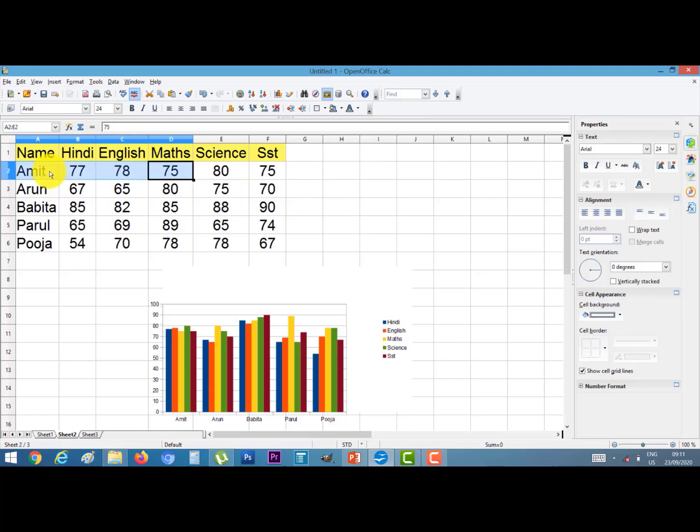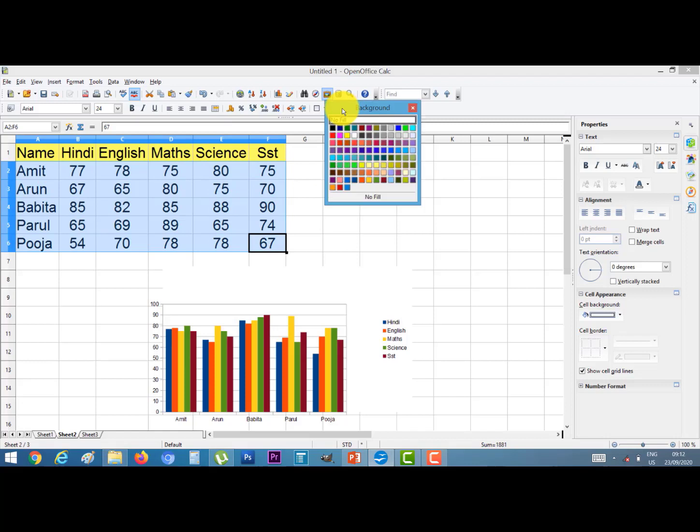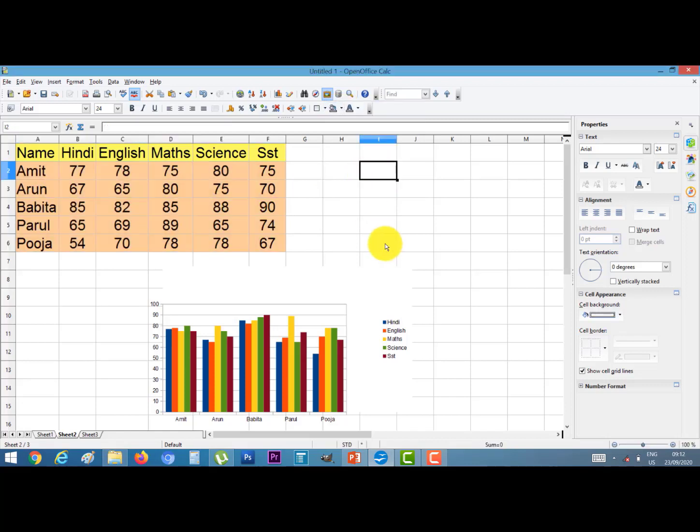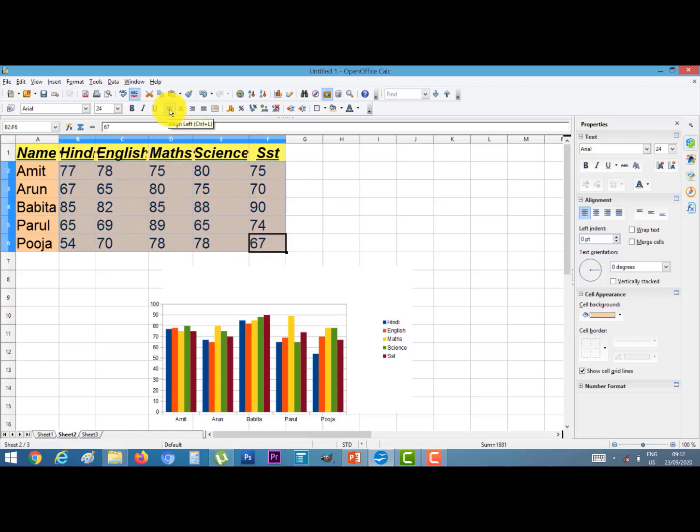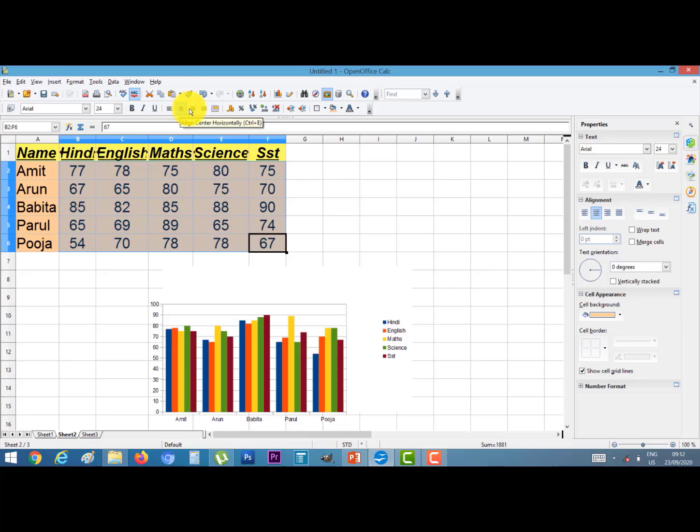Similarly, select your data and choose the color. You can make the data bold, italic, underline. You can align the data left, center, right as per your requirement.